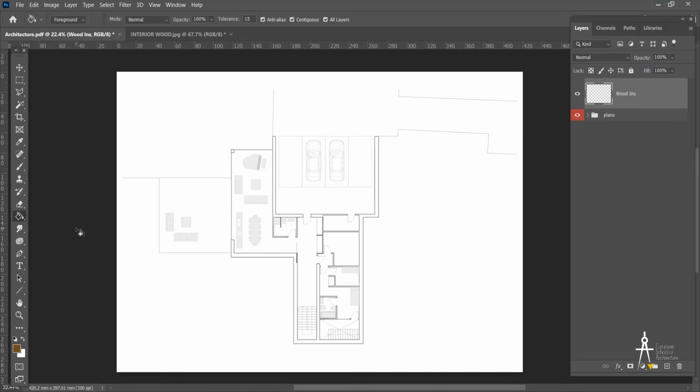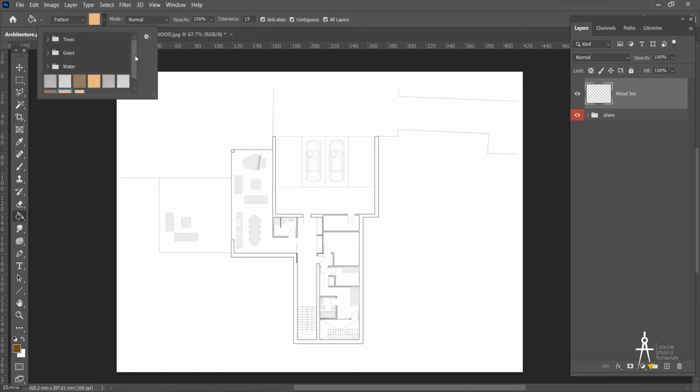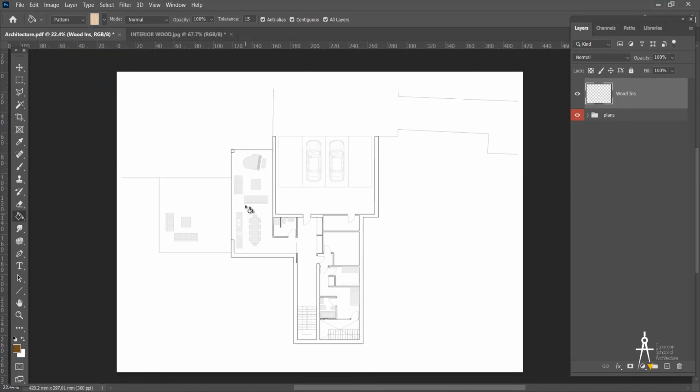How do I ensure that I paint with the pattern? Well, here I've got this color and here it says foreground. I need to change the pattern. Okay, and here I have a number of patterns. It's always the last one. If the last one you did is the one you're going to use. Here it says Interior Wood. Okay, and now you can just click here and make sure that